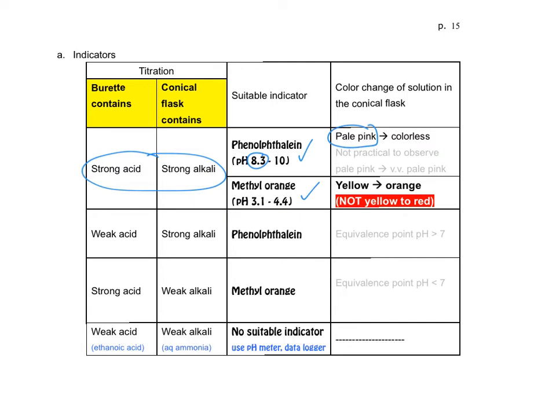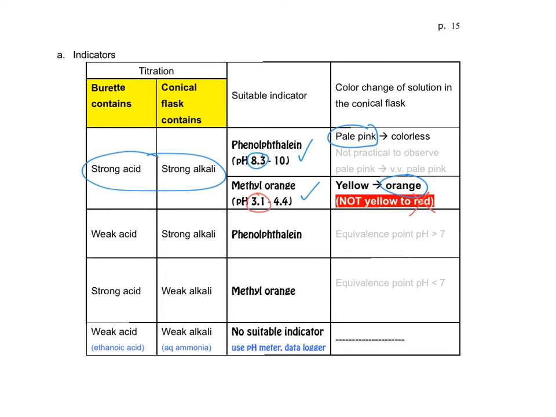Or we can use methyl orange as the indicator. But please note that the solution becomes orange when the endpoint is reached. Please do not say that the solution changes from yellow to red. When the solution turns red, that means the pH of the solution is below 3.1, which is very acidic, which means that extra acid has been added to the solution, which changed the solution to a very low pH,